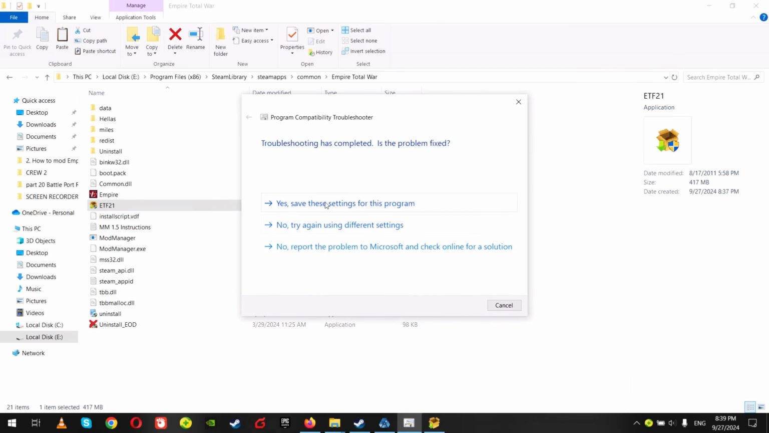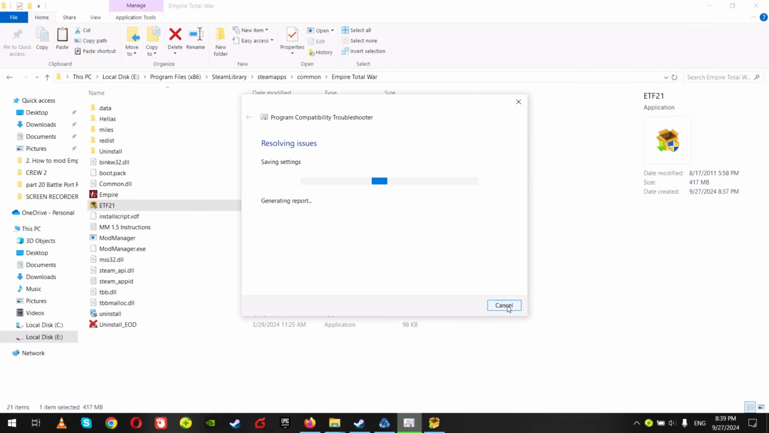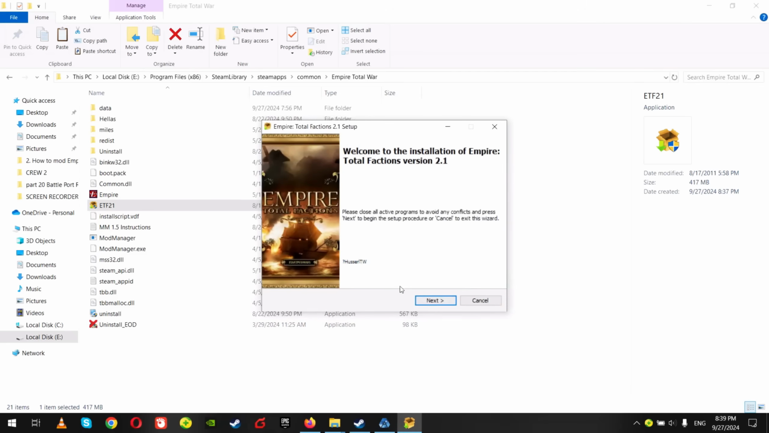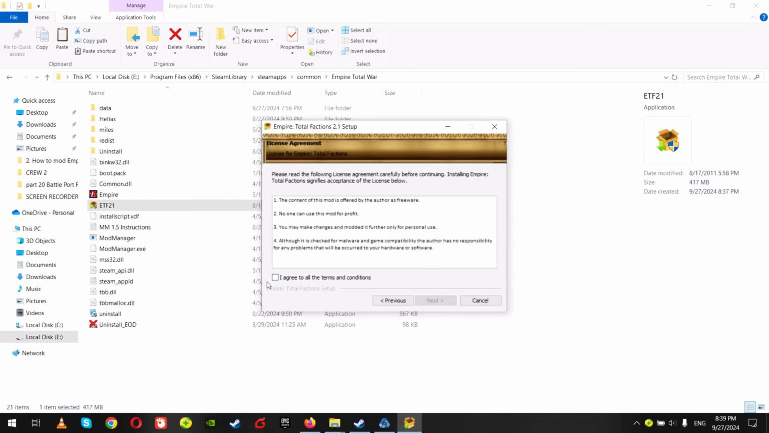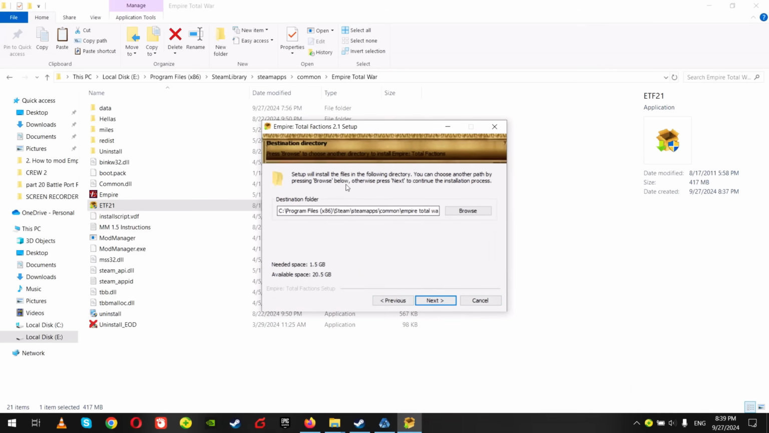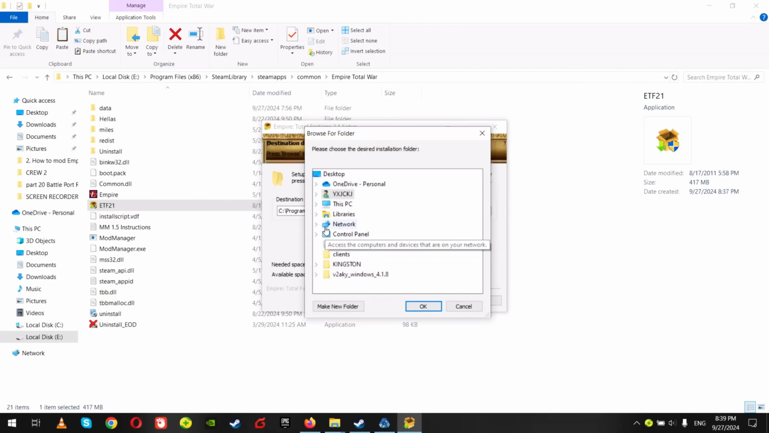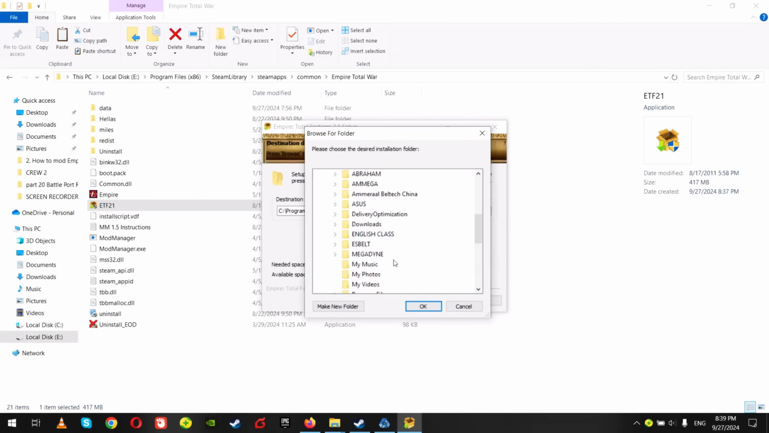Next, yes, it works. Okay, and close. So next, I agree, otherwise you cannot play. And now we need to set up, we'll install the files in the following directory. You can choose another path by pressing browse below, otherwise press next. So it's not here. Our game, in my case, is in the E drive, so we're gonna change that. Go to browse and my PC, this PC, the drive E,